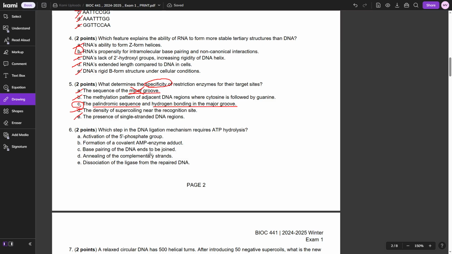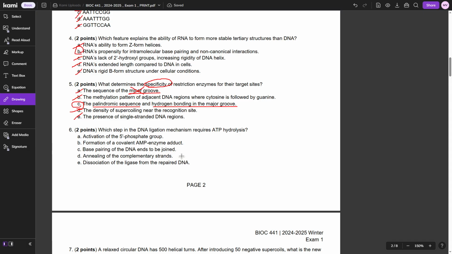Which step in the ligation mechanism requires ATP hydrolysis? Okay, so this requires a bit of knowledge and just remembering how the enzyme actually works. So remember that the way that we do this is, for the ligation enzyme, you have your broken strands, right? You have an empty phosphate. And what you end up doing is forming this AMP kind of intermediate with the